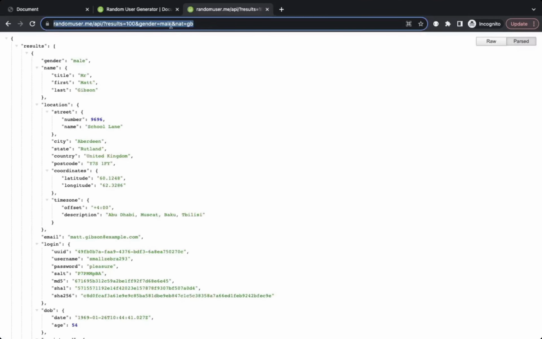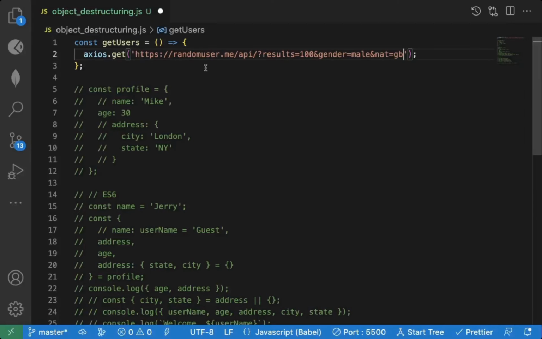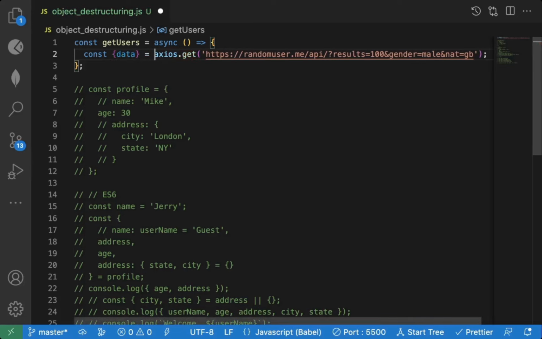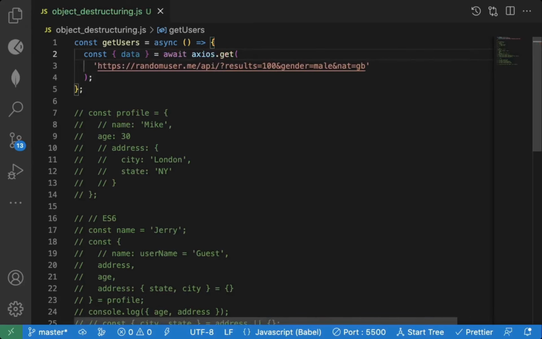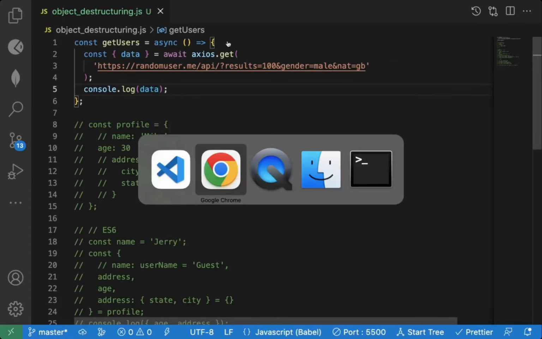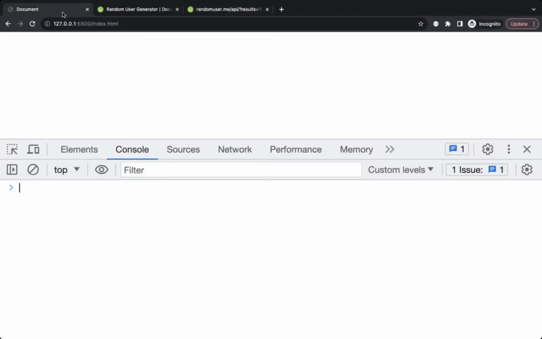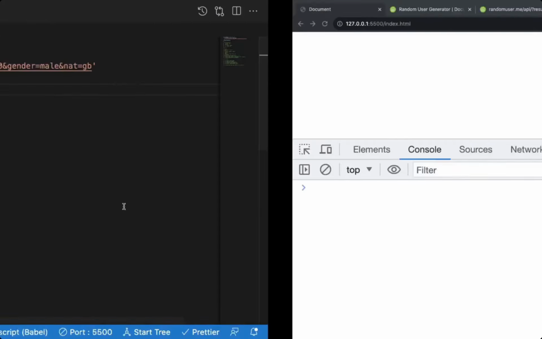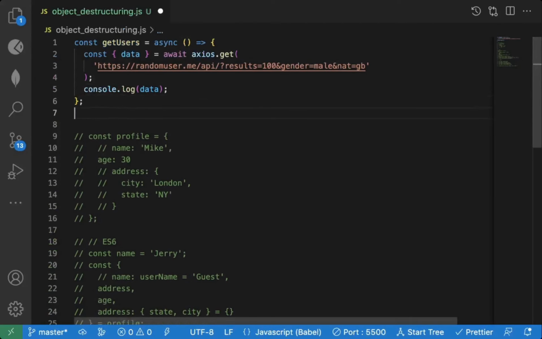Now I want to make an API call to this particular URL. I will use async await syntax. So if you are not aware of async await, check out my linked video. I will destructure the data property directly. I will use await. Now I can print this data property. Now what I get, so first I need to call this function,